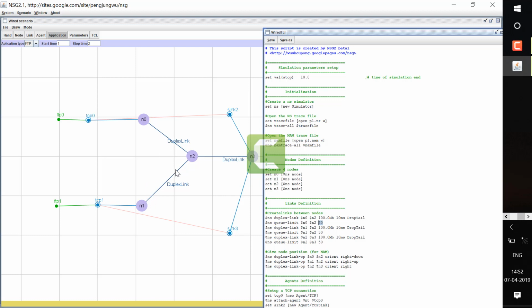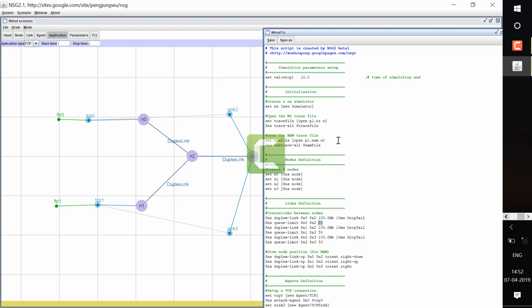Here also there will be a buffer present. Entering a packet into the buffer, we call it a positive. Coming out of a packet from the buffer, we call it a negative. It's like a rack wherein packets are stored and sent out one by one. So DropTail is a technique that works with the concept of first in, first out.